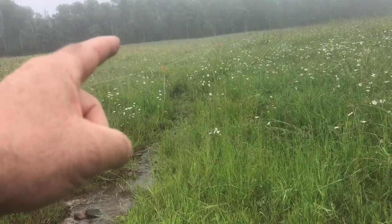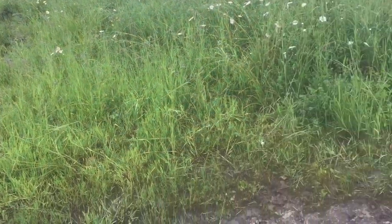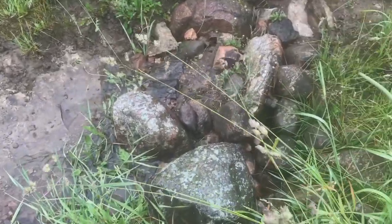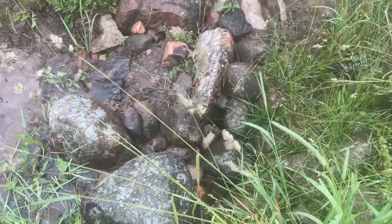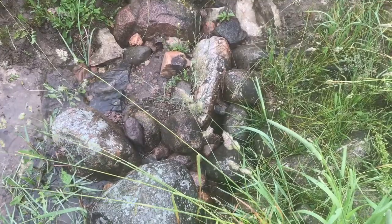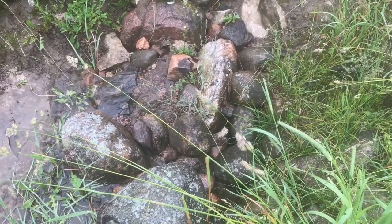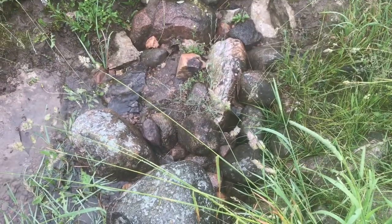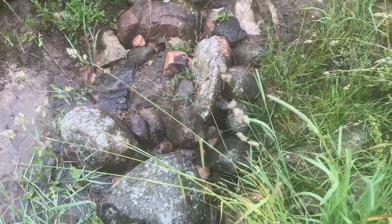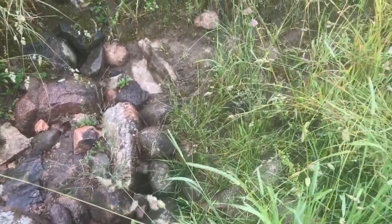That spring overflows when we get a lot of rain, and it runs down here, and you can see it's disappearing down this rock crack. Over the years, these boulders, field stones, have been put in here because the crack is quite large. Cattle could fall in and hurt themselves. Exactly where the water goes when it goes down here, I'm not sure. I don't know which path it travels, but I do know that if we were to walk,